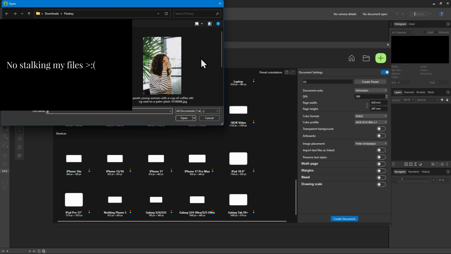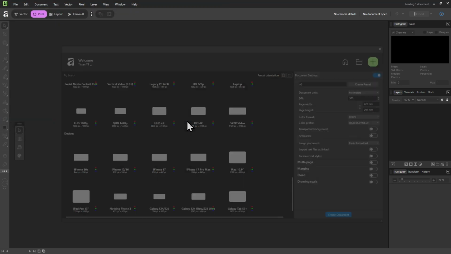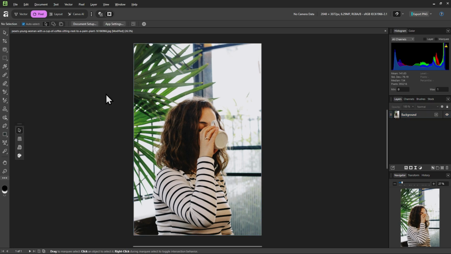And once you do, what you want to do is to find the file and click open on it. Once you have opened up the image, then you will be taken to this user interface where you can start editing and working on your image.